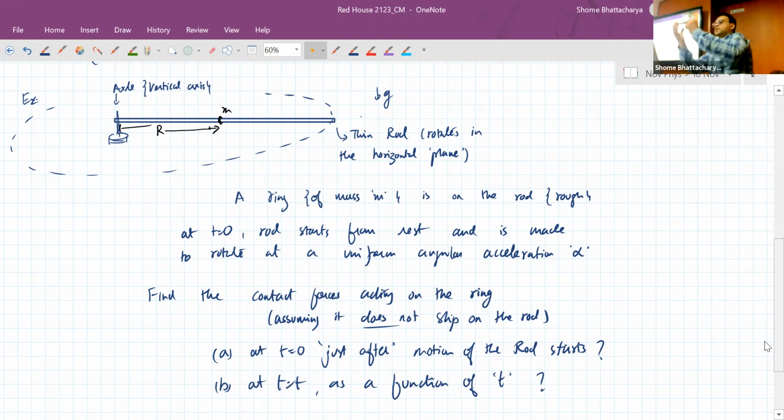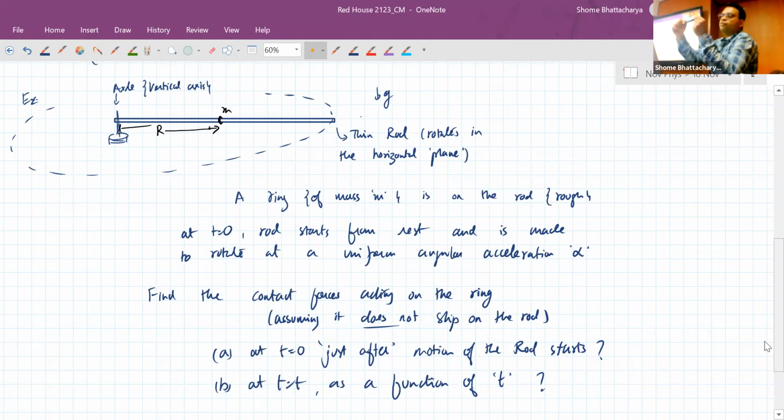So see, if the ring is like this at some point of time, one, gravity is pulling it down, so there is this surface in contact with it and is applying an upward force. So there is one normal contact force like this, but also as this is moving like this, it's pushing the ring forward. The ring has its inertia, so it wants to stay here, but this is then pushing it forward. So there is another normal contact force which is acting in the horizontal plane. That is always acting perpendicular to the rod, and that is what is providing the tangential acceleration.